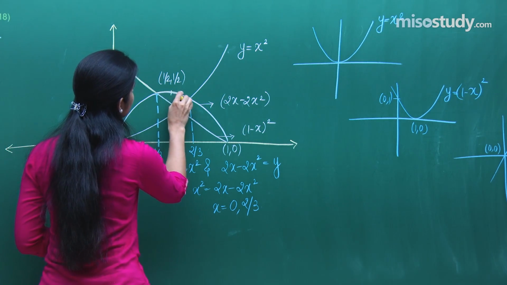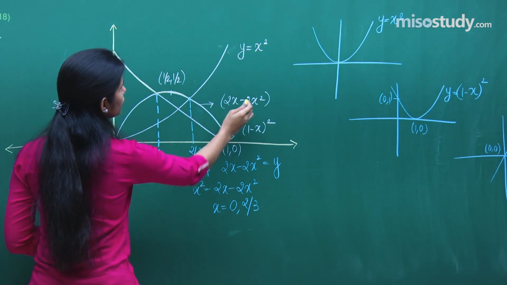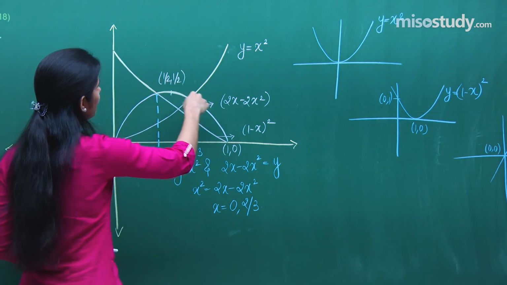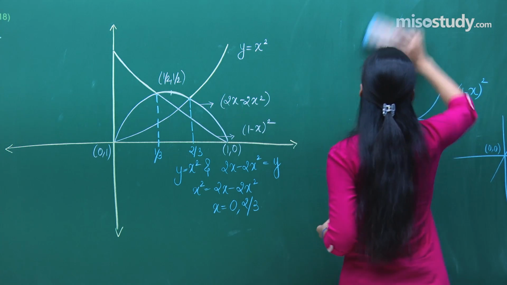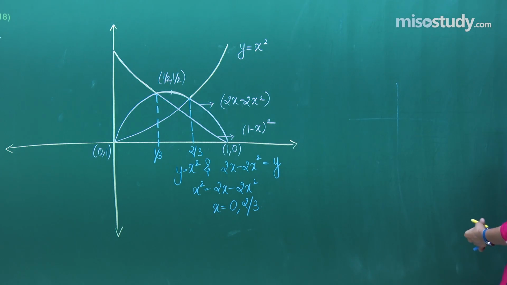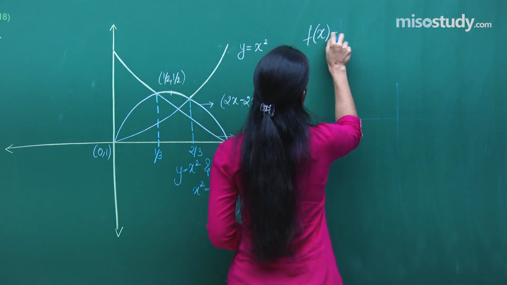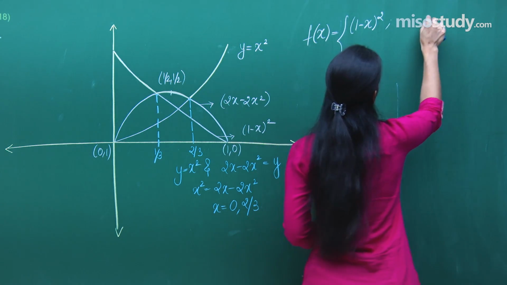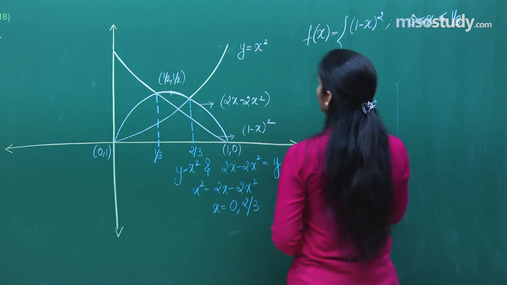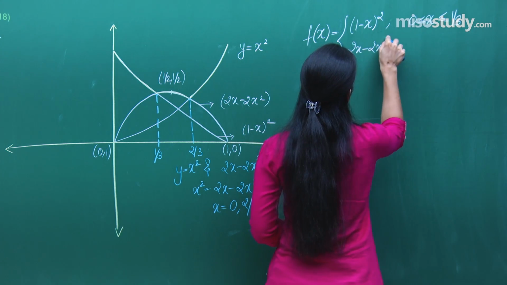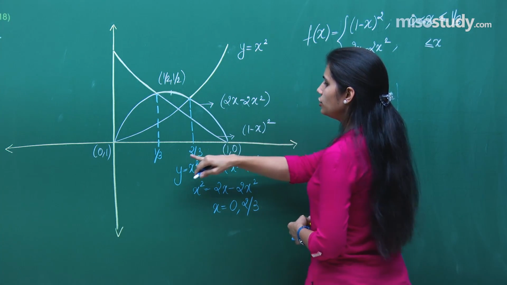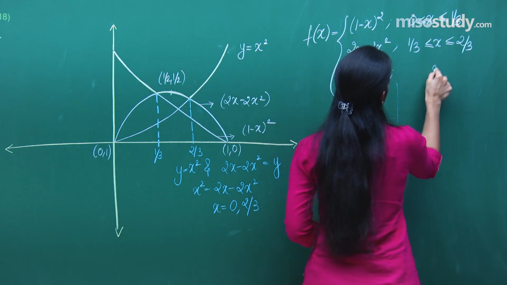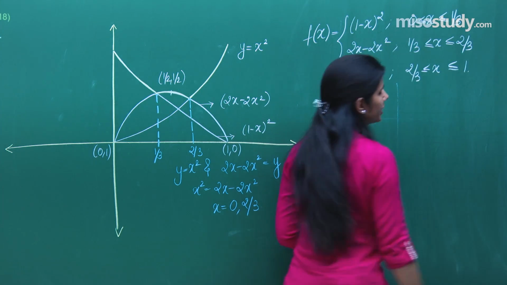From 1 by 3 to 2 by 3, the maximum is this, which is 2x minus 2x square. From 2 by 3 to 1, this is the maximum, which is y equals x square. So this happens to be the graph of f in the 0 to 1 range. What did I say? That f(x) is equal to what? Which one is this curve? (1 minus x) whole square when x ranges from 0 to 1 by 3. Then it is equal to 2x minus 2x square when x ranges from 1 by 3 to 2 by 3. And it is equal to x square when x ranges from 2 by 3 to 1. Therefore,